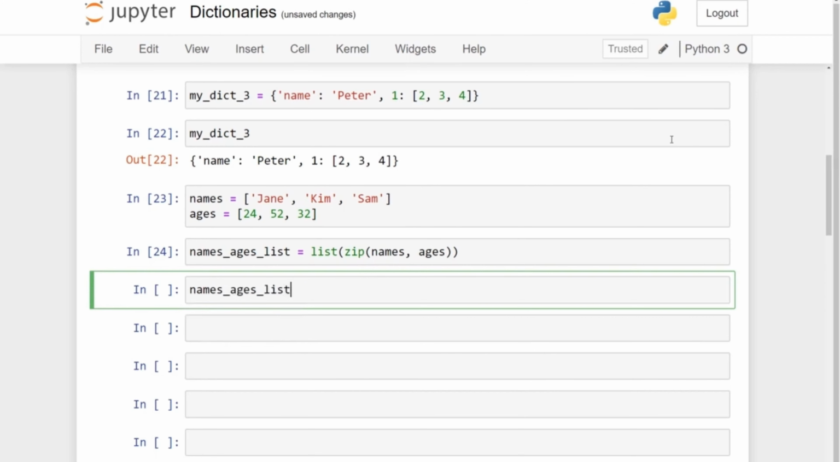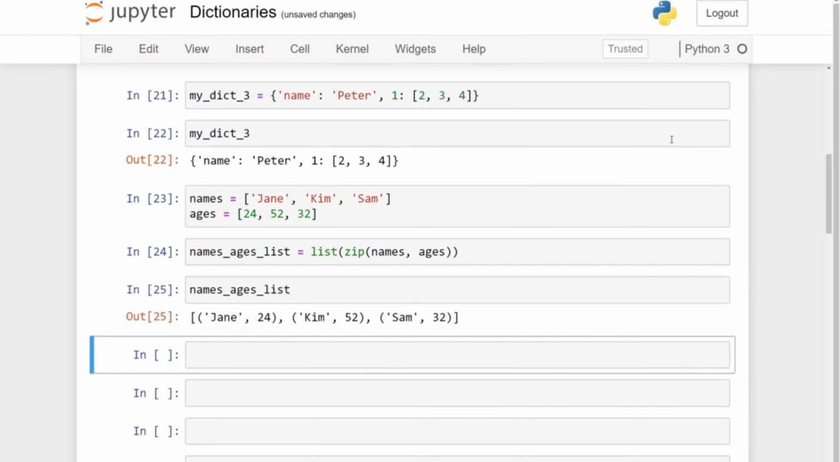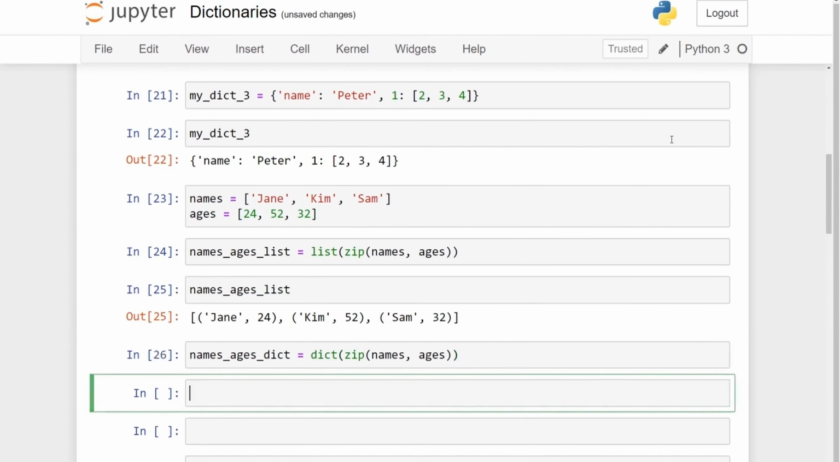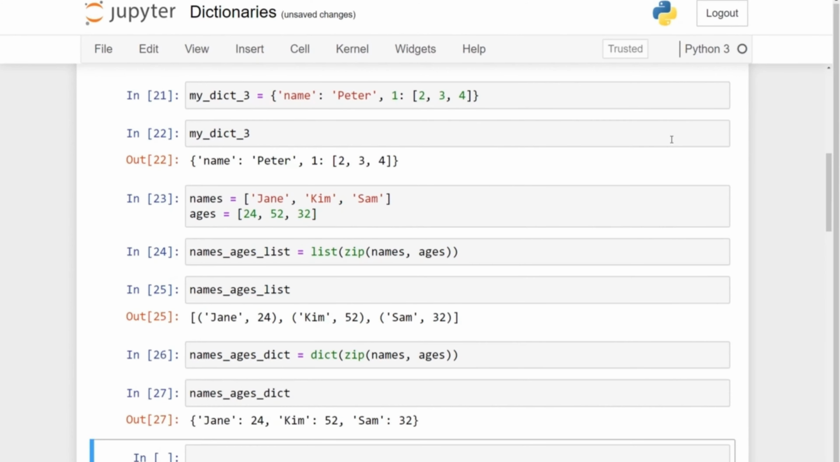Now we don't just have to turn this into a list, we have the option to turn it into a dictionary. So we can create a variable called names_ages_dict, and we'll set this equal to the zip function in which we'll pass in names and ages as arguments, and this time we'll wrap this inside the built-in dict function. So as you can see, if we print out the names_ages_dict variable, we have a dictionary, which has been created by passing in two list objects into the zip function